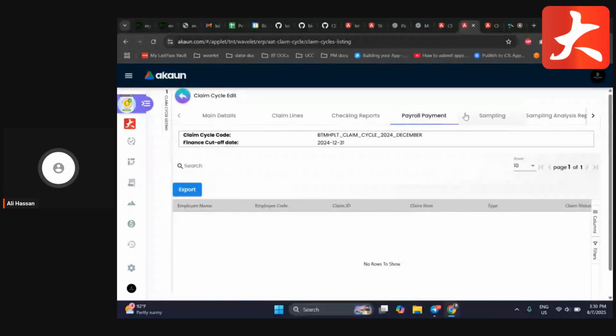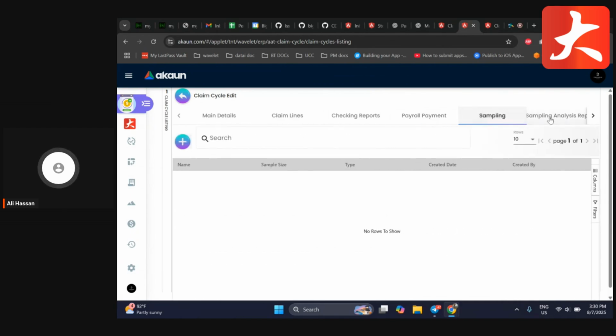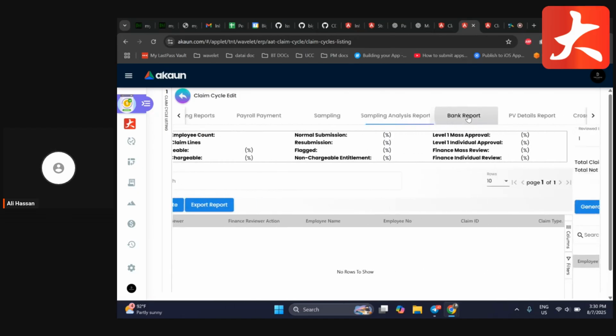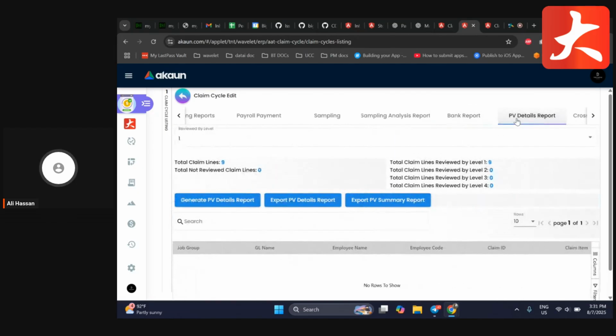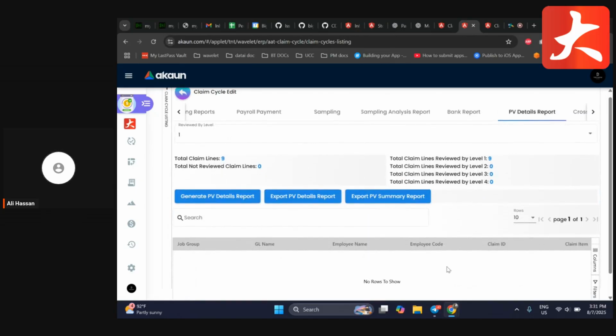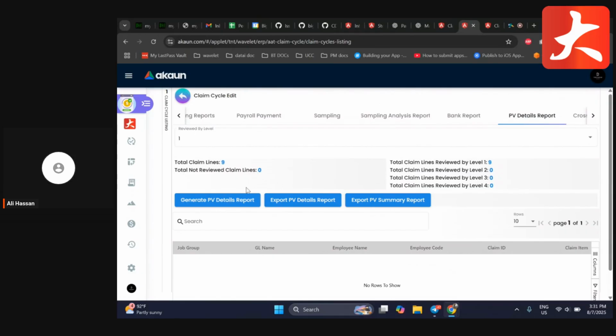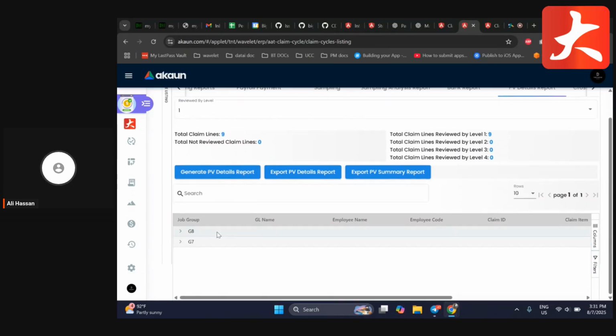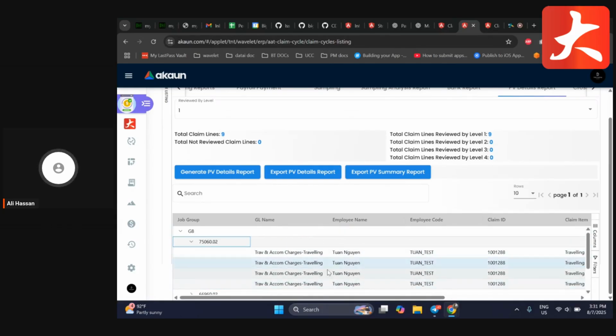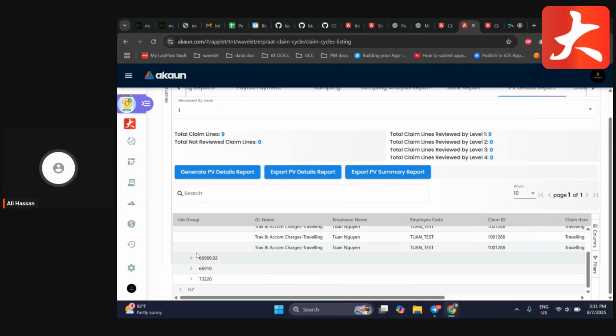And for the payment role, this is later on. For the payment role, once this one has been approved, you can see the payment, who got paid. So all of these are just reporting based on the bank report, BIFIT report. You can see in here, and you can also extract. If I click in here, generate, you can see this is by branch. So this is the branch, and this is the GL code basically, and then you can see all the claims inside each of these